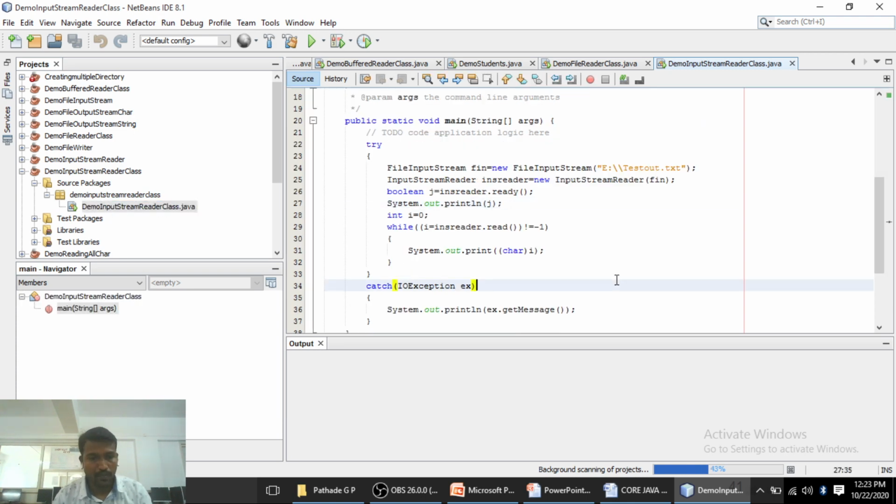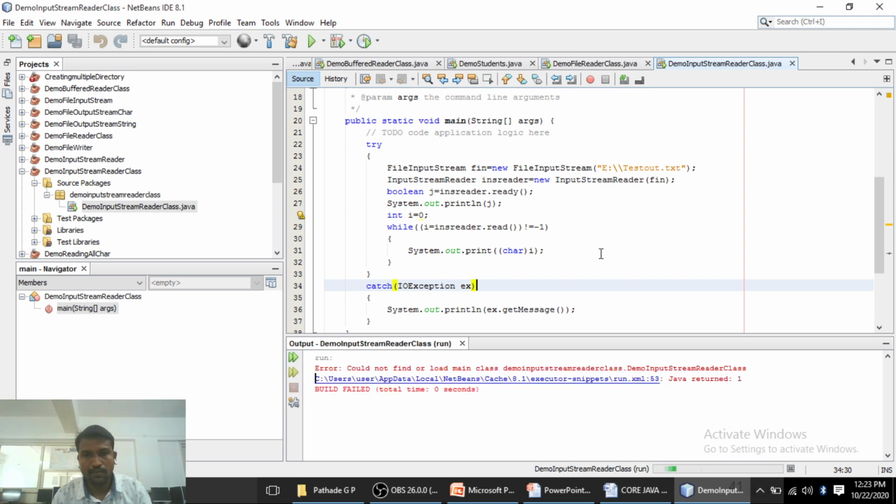Again save this particular program and then run this program. Could not find or load main class.